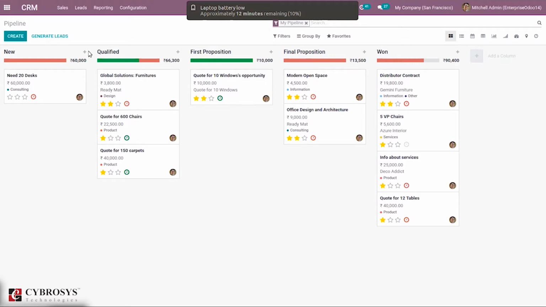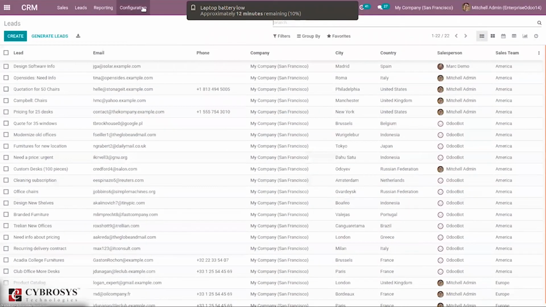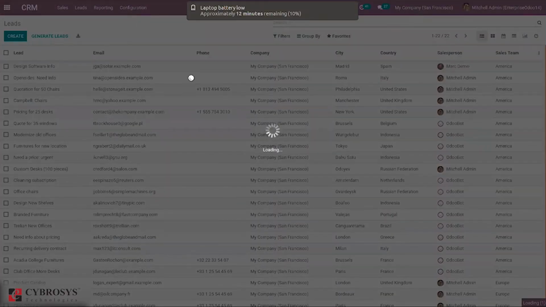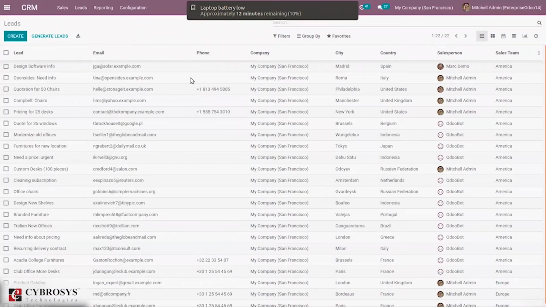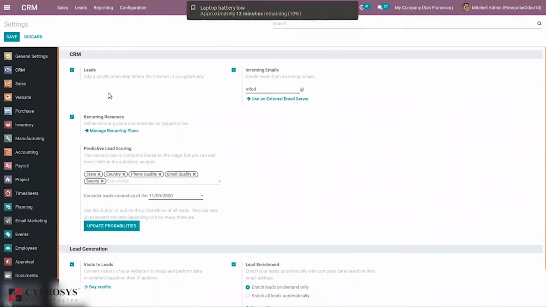Here we can see a menu that is Leads. In order to see this, we have to enable leads in our configuration settings. Here you can see an option, a feature to create leads: add a qualification step before creation of an opportunity.